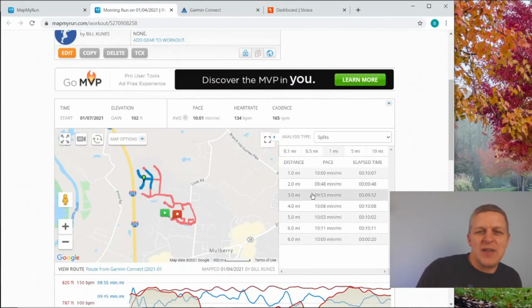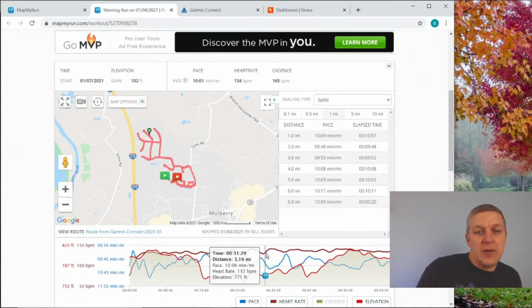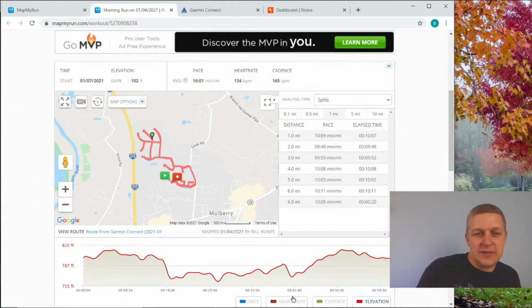You can see this graph. It won't have this information here or these charts down here per se. At least not the heart rate, and probably not the pacing, but it will show you the elevation, so you would probably see something like this